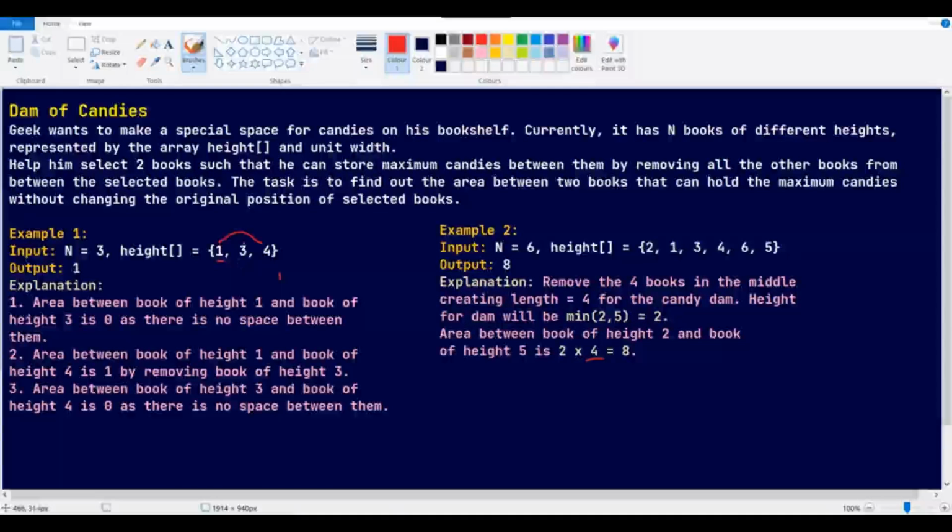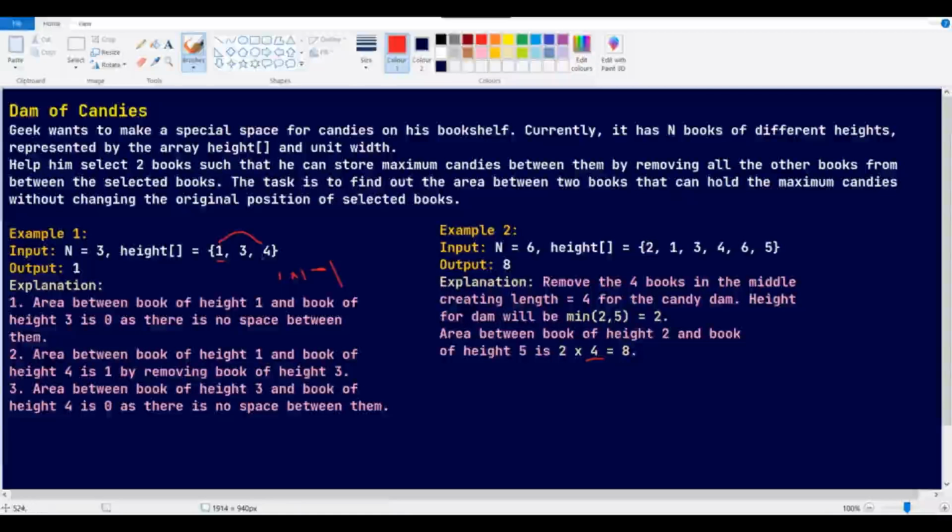Likewise here 0, 1, 2. 2 minus 1 will give you 1, right? So 1 into 1 will give you 1. Likewise we just need to compare 3 and 4.